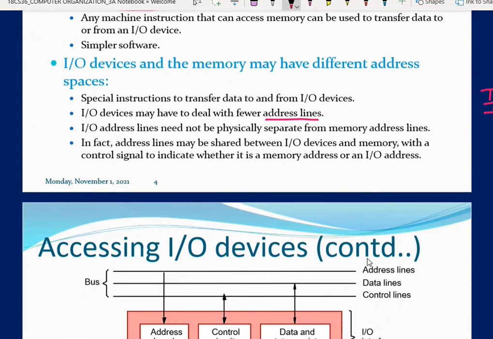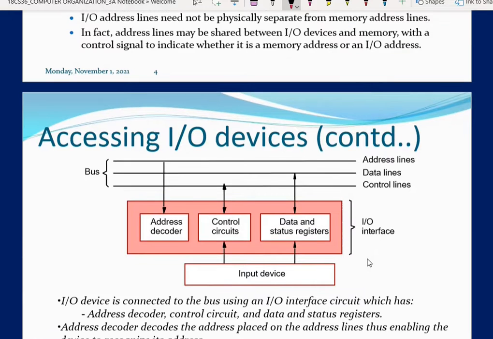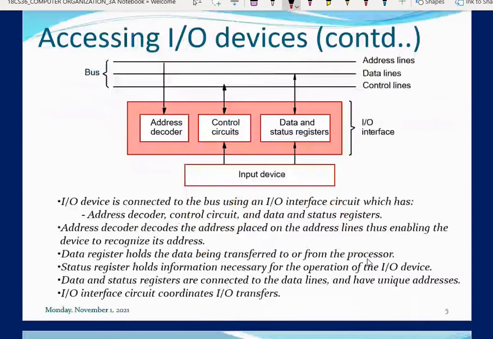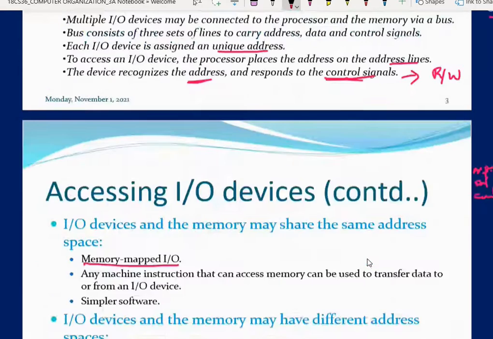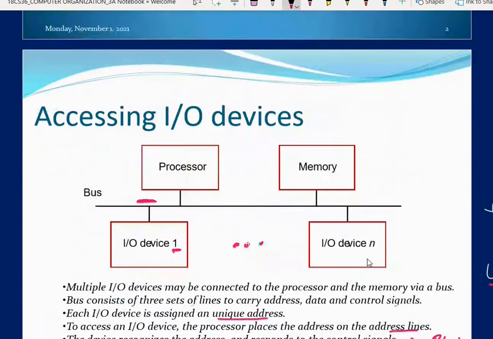Okay, next you can just have a look into this. This is just an abstract level of how IO devices are connected to the bus. You can watch any YouTube video to see how buses look and what the different types of bus are, all those things. Okay. So now you can observe this is the IO device that is connected to